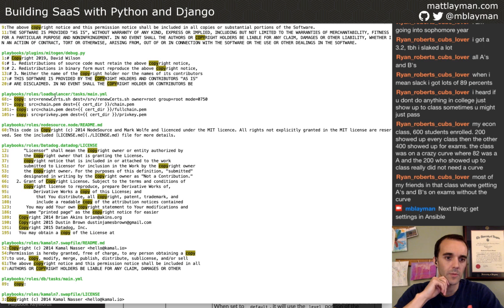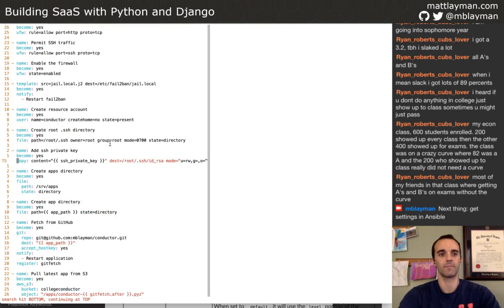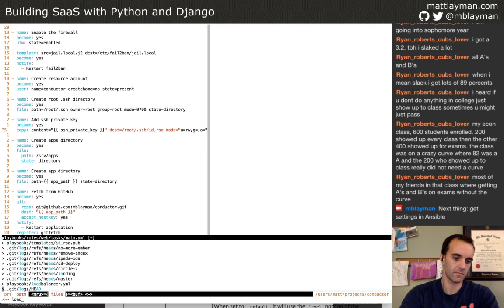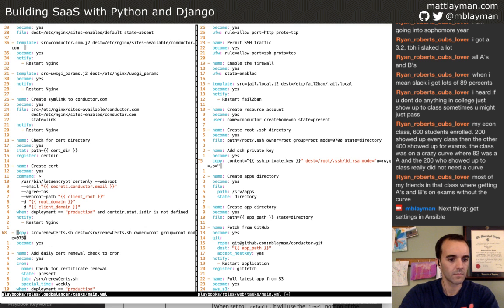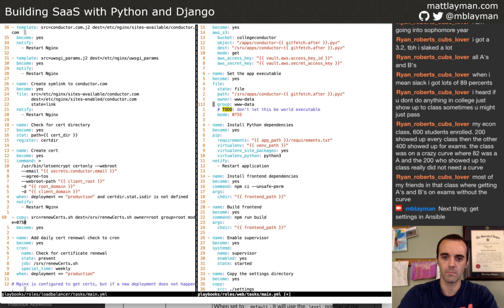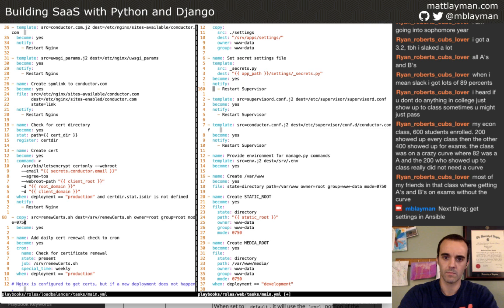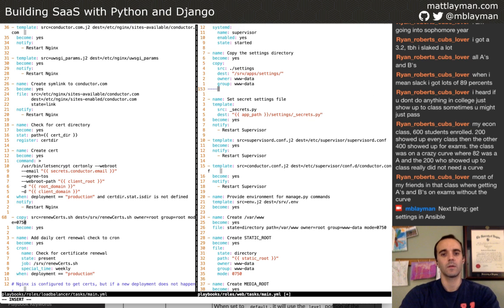Put some in the load balancer. Okay. It sets the mode. Okay. We should probably set a mode to be safe. Where'd it go? Here it is. So we'll set the mode to be